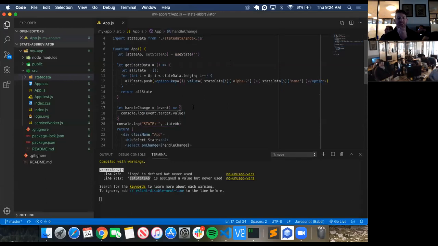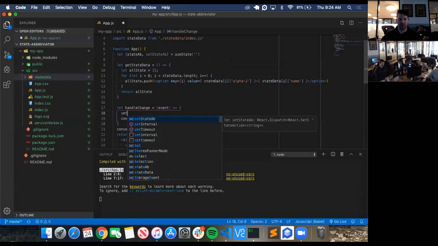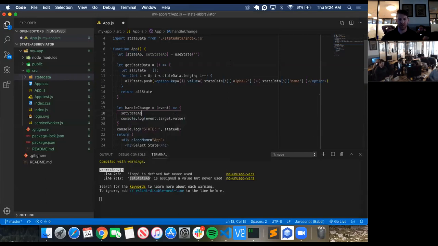Now, how do I change the state of state abbreviation? You're going to use set state. Set state abbreviation. So I'm calling this function. Remember, useState returns two items: the actual state and then a method that enables us to change the state of that. So that's what this is. The set state takes in